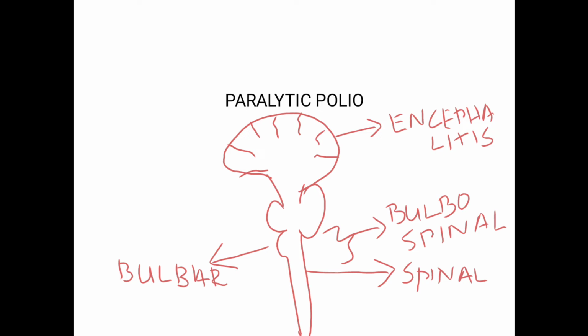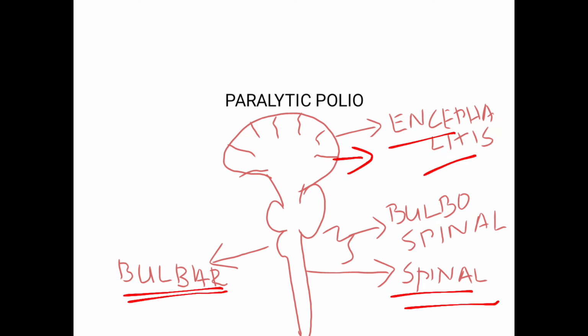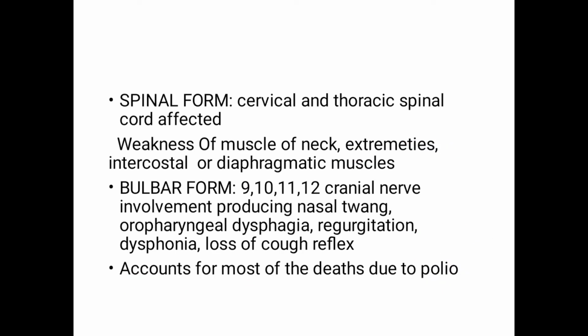Paralytic polio. So polio can involve your CNS. It can be your cortex that presents with encephalitis. The spinal cord is usually affected, so we'll have the problems related to that particular spinal cord region. Or you can have bulbar, which is for medulla, so it manifests usually with cranial nerve palsies, and if you have the involvement of both the bulbar and the spinal regions, it's known as bulbospinal poliomyelitis. So the spinal cord: usually the cervical and thoracic spinal cord regions are affected, and we expect the weakness of these regions. The muscle groups of these regions will be paralyzed.